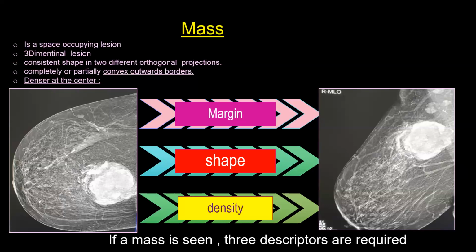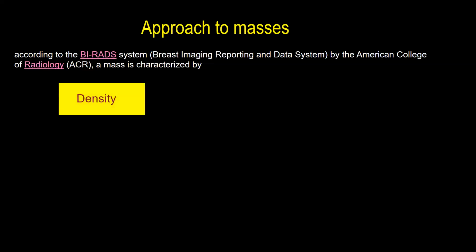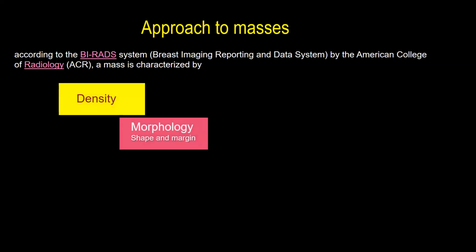Do you have any impression about that? If you say, for example, low density fat, then from the beginning you have a clue. Yes. If we start with density, if it is a fat containing lesion, then no need to characterize it further. That is why I prefer to start with density, and according to the BIRADS system, the approach